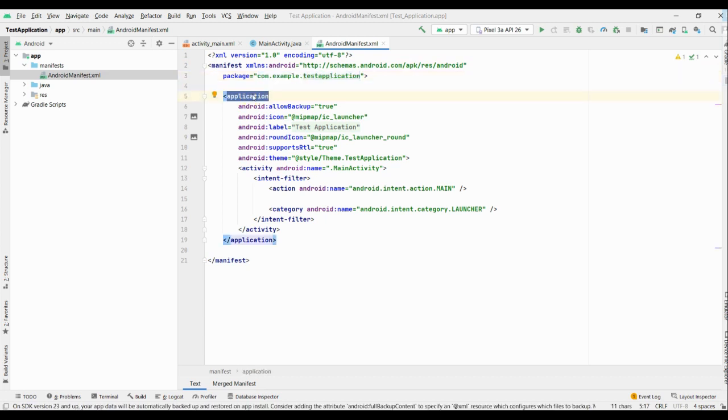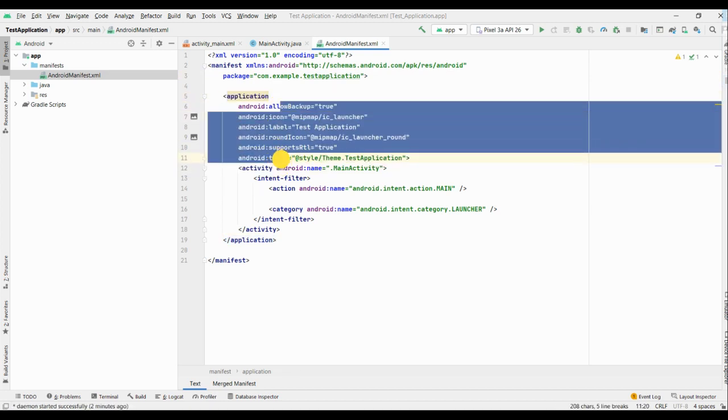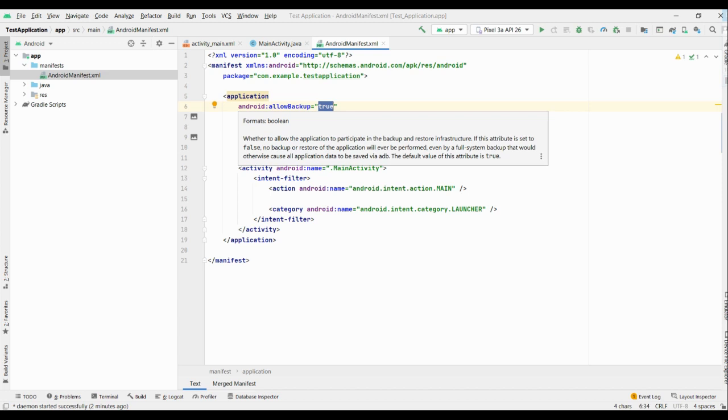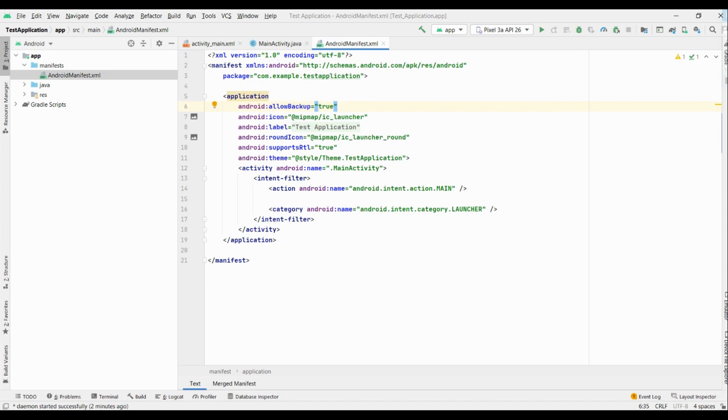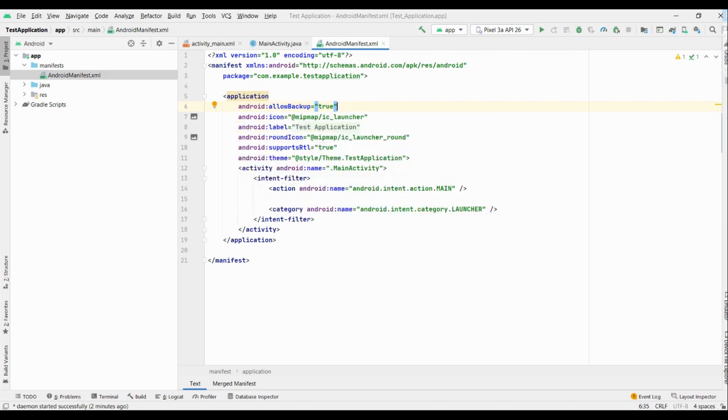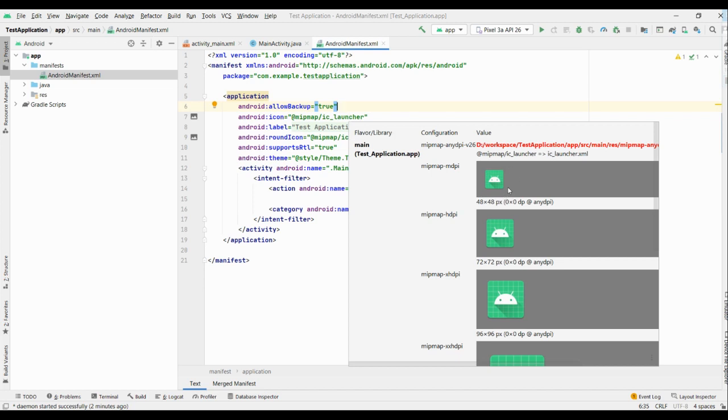And in the application tag, we can specify a couple of attributes. We'll go one by one. We can give allow backup. By default it will be true, so we can disable this. We'll get more information when you mouse over each attribute. Okay, so this is the icon for the application. You can specify what kind of icon you need for your application. By default it will have the Android symbol when you deploy your application to an emulator or an actual mobile device. So you'll see this icon. We have different icons for different resolutions with different sizes.